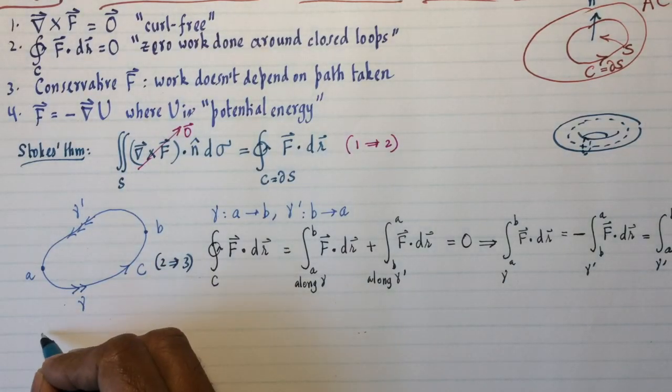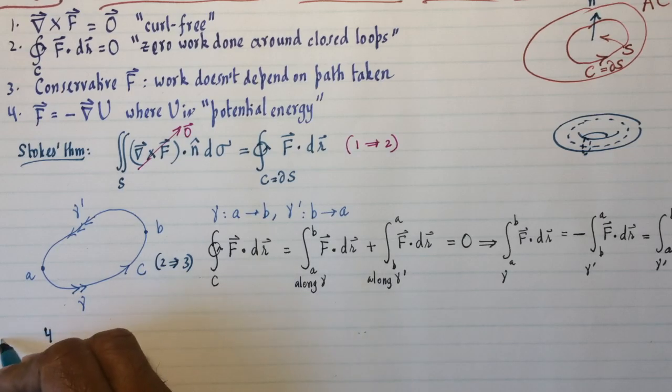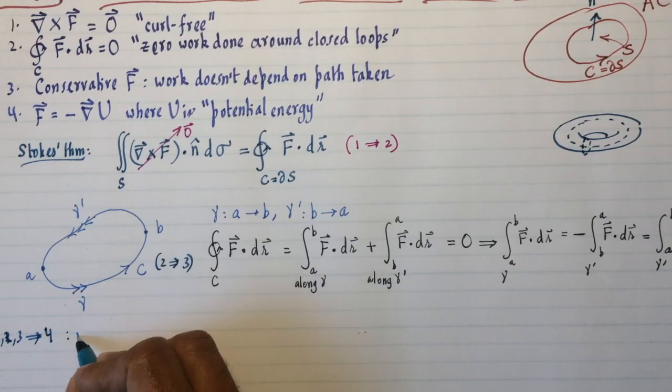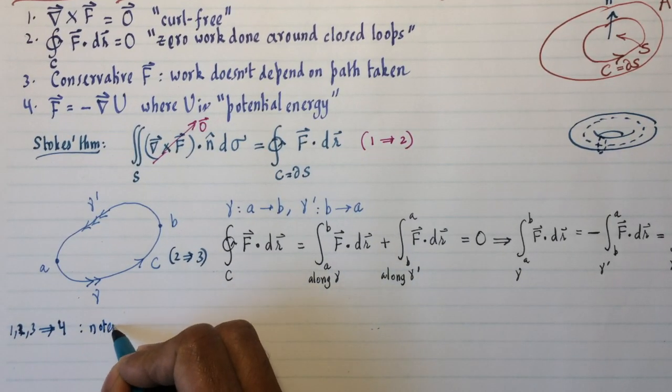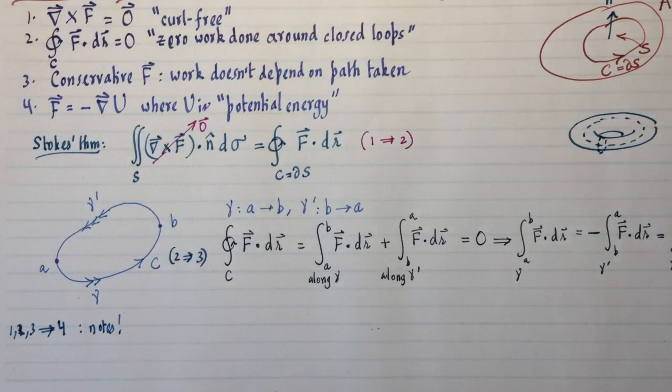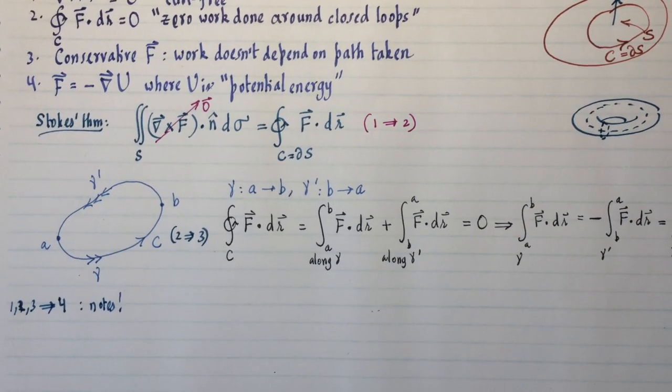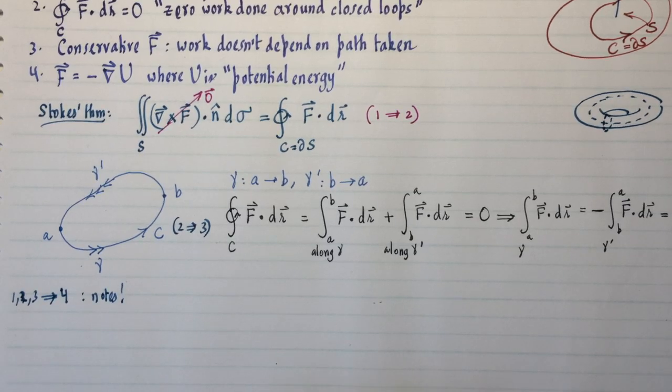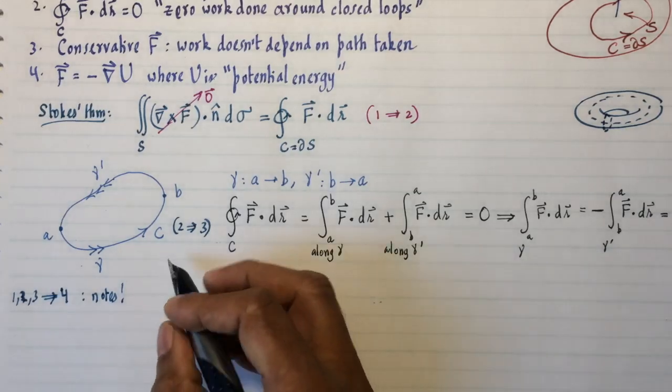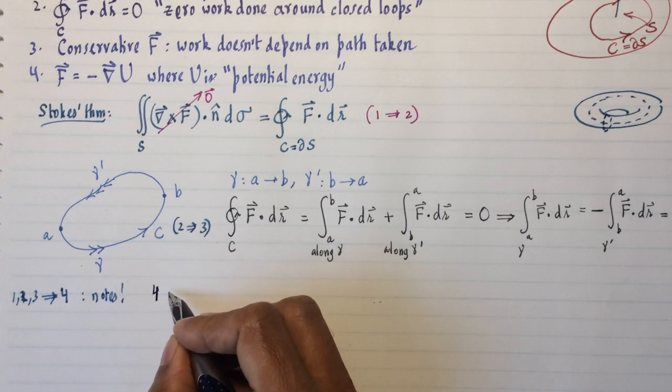So I'll write here 4, so 1, 2, and 3 implying 4. I'll leave it for the notes. Please refer to the notes there. It's an intricate proof. It involves choosing a specially constructed path and making this potential happen by actually defining it in stages. Well, what I'll do now is I'll prove that 4